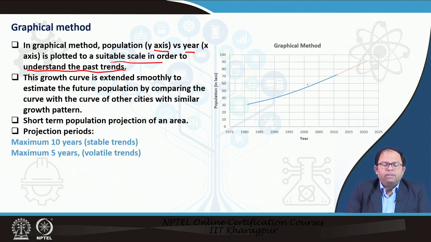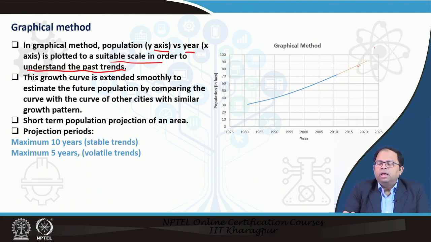This growth curve can be extended smoothly to estimate the future population by comparing it with the curves of other cities with similar growth patterns. That means we can understand how cities with this kind of curve have grown over time, adopt the kind of curve those cities have taken, and extend this curve. Usually this is done for short term population projection and not for very long term projection,